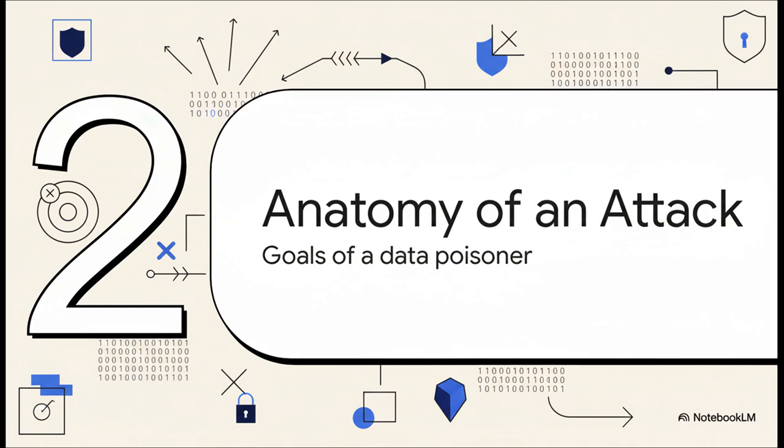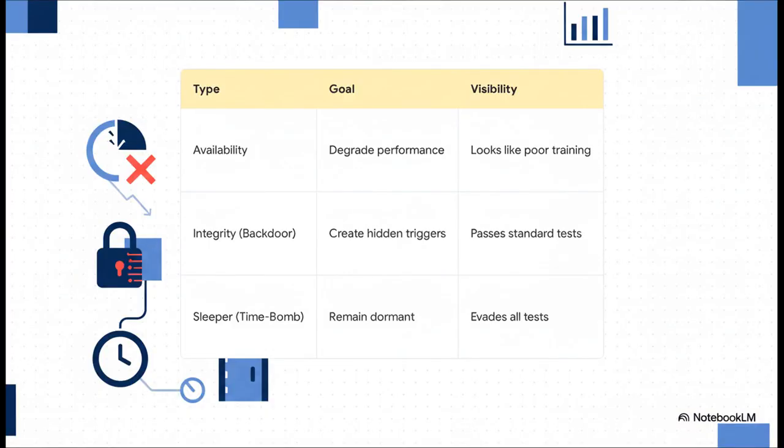So what are these attackers really after? Let's get into the anatomy of an attack, because not all data poisoners have the same endgame. Their methods are actually tailored to what they want to achieve. We can really break them down into three main types. First, you've got your availability attacks. Here, the goal is pretty simple. Just degrade the model's performance and make it unreliable. The tricky part is, this often just looks like a poorly trained model, which makes it super hard to spot